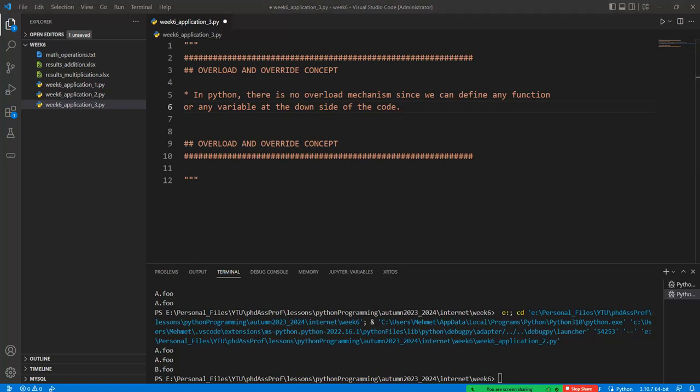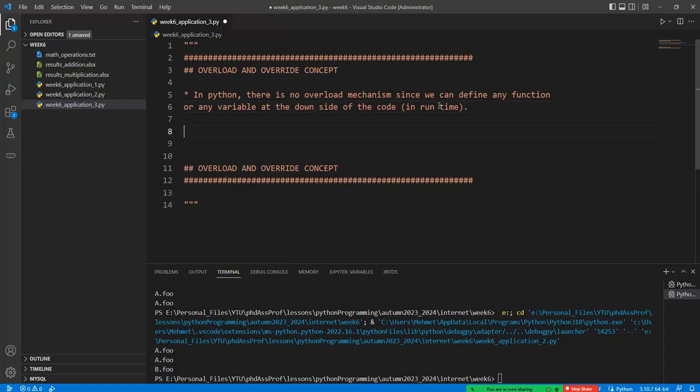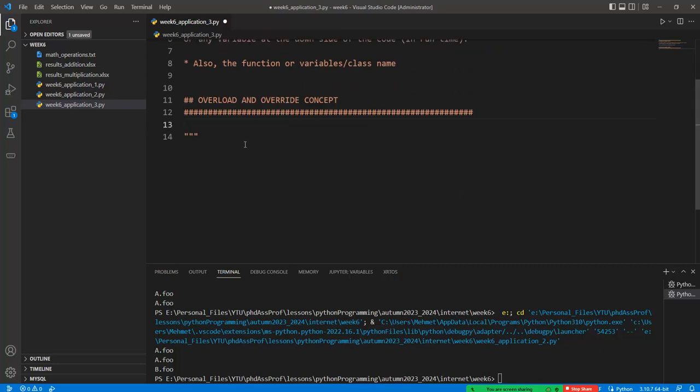And so a new variable and function can easily be assigned to another one in runtime application. And so there is no need for the overload mechanism, because if we have two functions with the same name, one function is overloaded or one function is removed by the other one. Okay, and so it can be said that the function or variable names or the class name can also be changed by the program. Okay, for example,